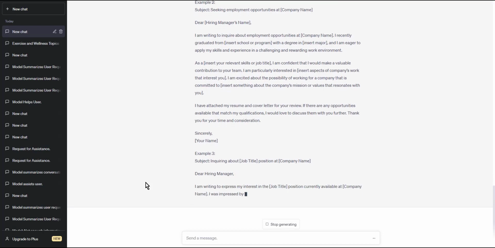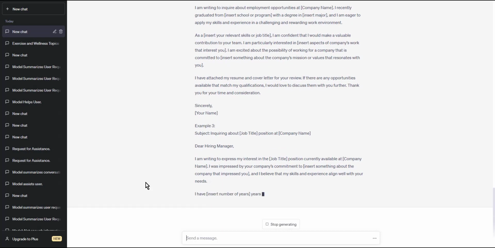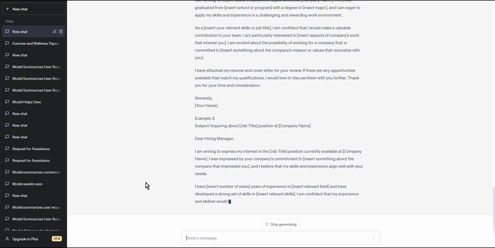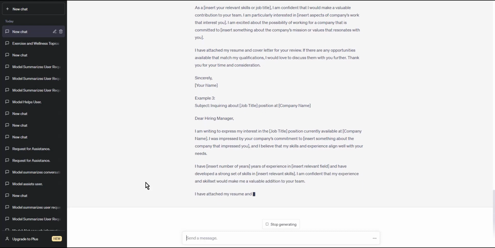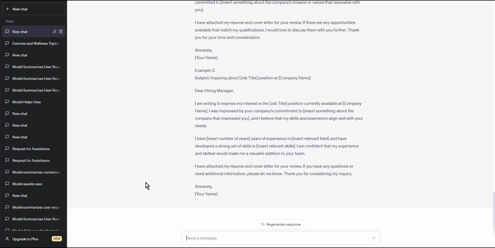Example: after writing your email, read it aloud to ensure that it flows smoothly and makes sense. Check for spelling and grammar errors and make sure your tone is appropriate for your audience. By following these steps, you can use ChatGPT to help you write effective and engaging emails that